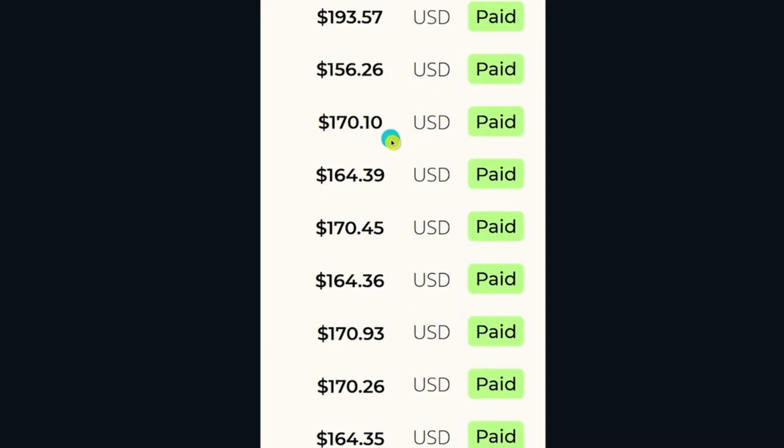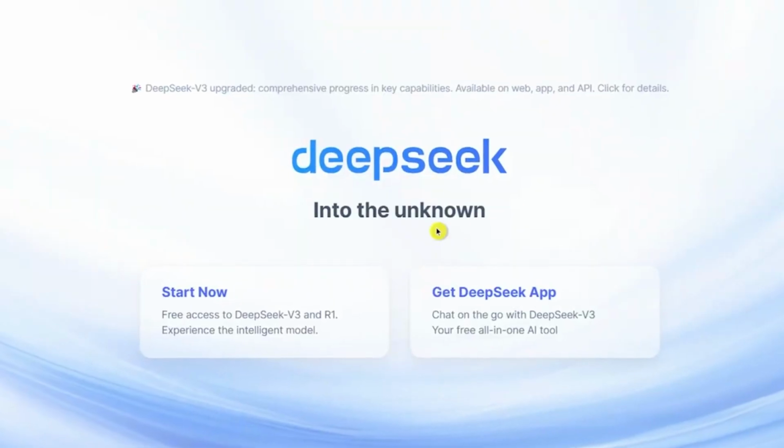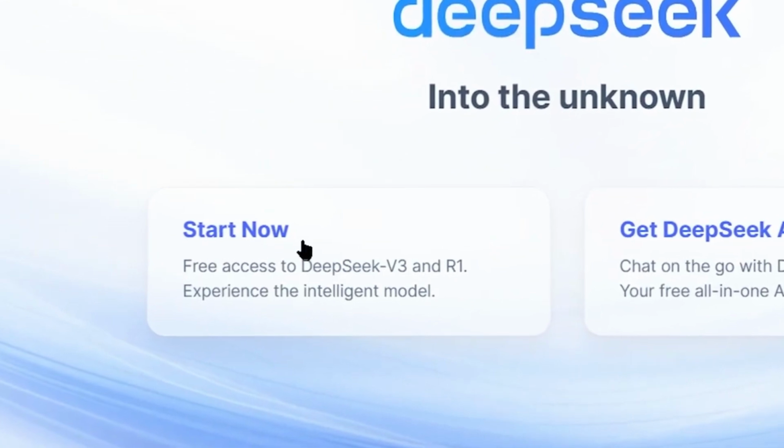Now, the Deepseek make money method I am going to show today is not known to many people, and it is making real money for beginners like you and me, so stay tuned until the end to make money like this. So once you come over to Deepseek, now you just need to click on the Start Now option right here,